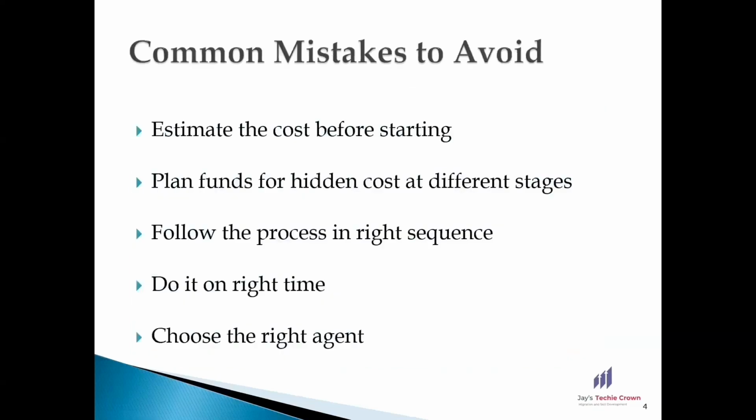What are the common mistakes you can avoid? The first thing would be to estimate the cost before starting. So here I have shown you the cost involved for a single applicant and for the family of 4. So if you are applying as a single applicant, always estimate the cost for yourself based on your assessment board. Always calculate the cost and plan accordingly before. Secondly, most people avoid calculating the hidden charges. So please calculate the hidden charges as well.